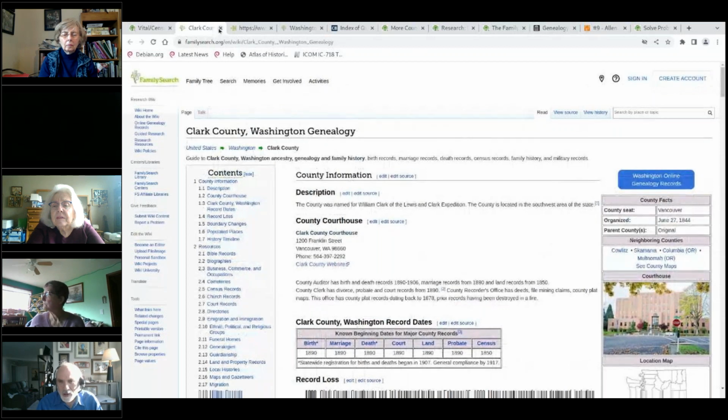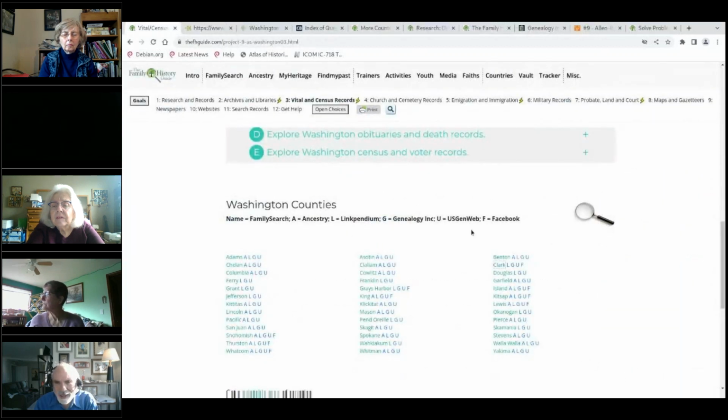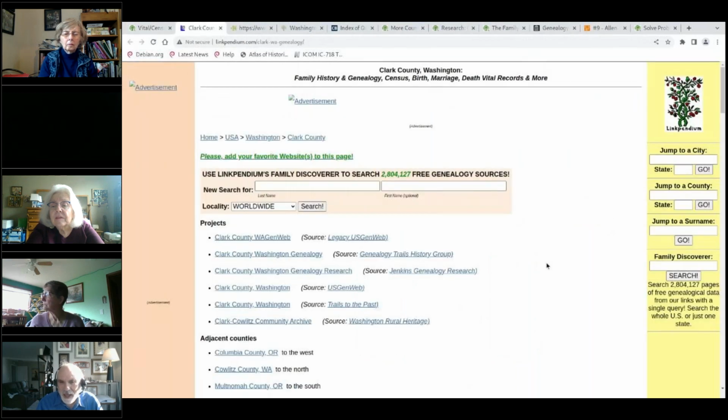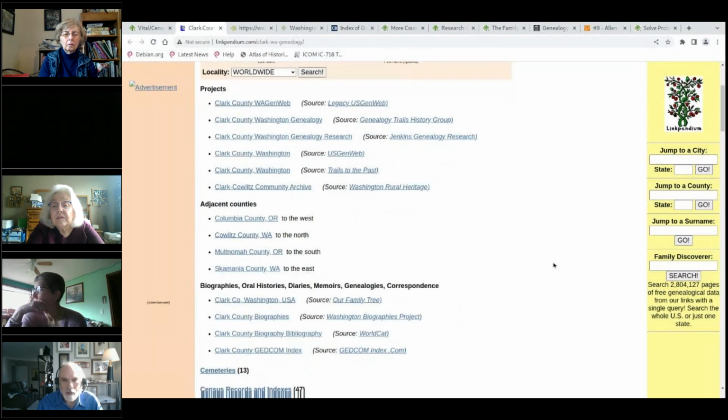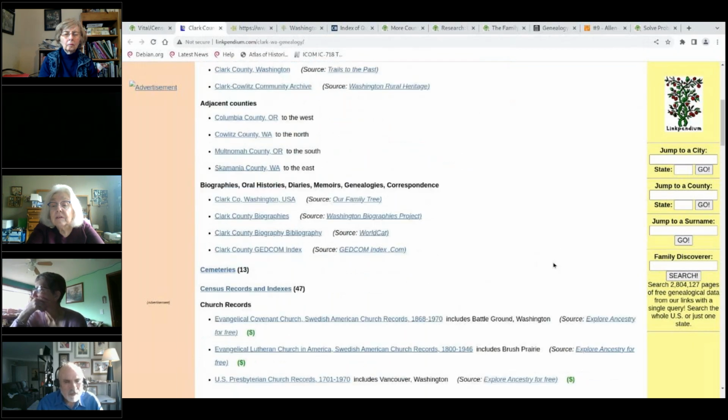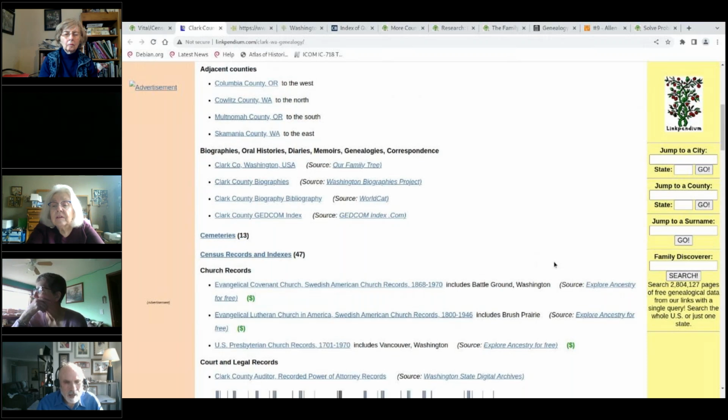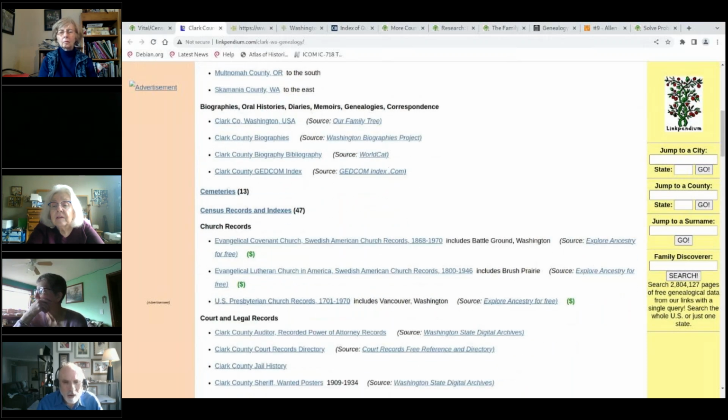One that I wanted to show you particularly is the L for Linkpendium. Linkpendium is a very handy site. Let's click the L on the Clark County entry there. And you'll see as you scroll down through this, this is a humongous resource. Linkpendium has put together a huge assortment of links and very handy resources for all of the counties in